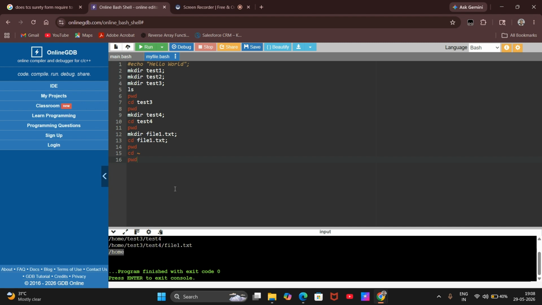So now there are multiple things which I also need to show you guys. Let's assume, let's delete these two lines and go in the file1.txt directory. Now there are multiple directories, as you guys can see: home, test3, test4. Now if I just type pwd once again, I will be inside the file1.txt. Now basically I want to delete this directory. So how will I delete this directory? Tell me. If I want to delete this directory,